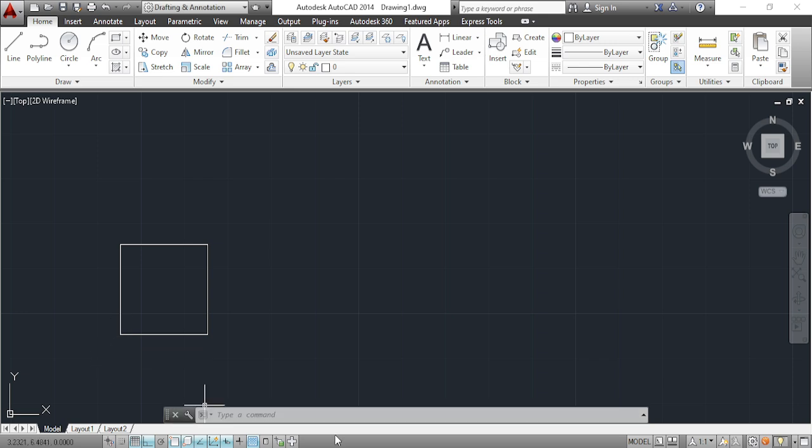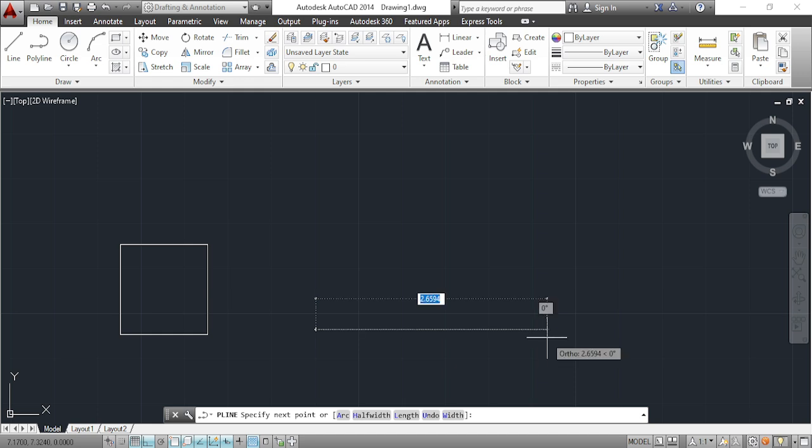Now let's go to our rectangle using Polyline command. In our keyboard, type PL, then press enter or spacebar. Using our mouse, bring our cursor to our drawing area, and for example, I want it here. Left click button of our mouse to specify the starting point, then drag the object, type 2 units, then